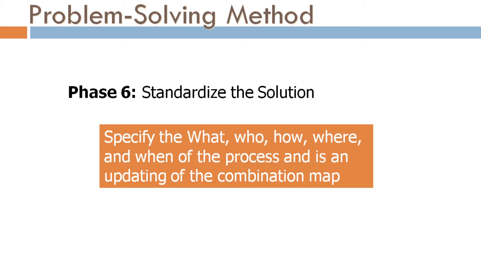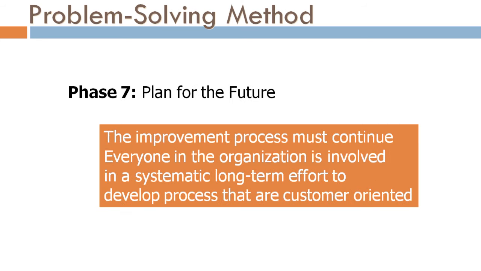Step number 6, standardize the solution. This phase will help you to specify the what, who, how, where, and when of the process, and if it's a good solution, you're going to make sure that you document it so you can implement it in other processes. And the step number 7, plan for the future. It's here where the improvement process must continue. Okay, and it's here where everyone in the organization is still involved, and they're thinking in long-term efforts to develop everything that is